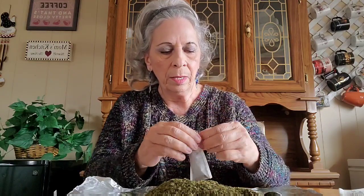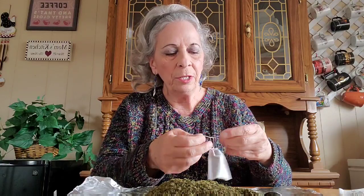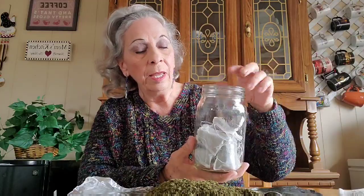and I like to tie it about 3 times just to make sure it doesn't come open. It's nothing worse than having your tea bag come apart in your cup, and then you've got tea leaves everywhere. So I usually tie mine like 3 times. Okay, and then I have a jar. I keep everything in glass jars and put it in there. And then when this jar is filled,